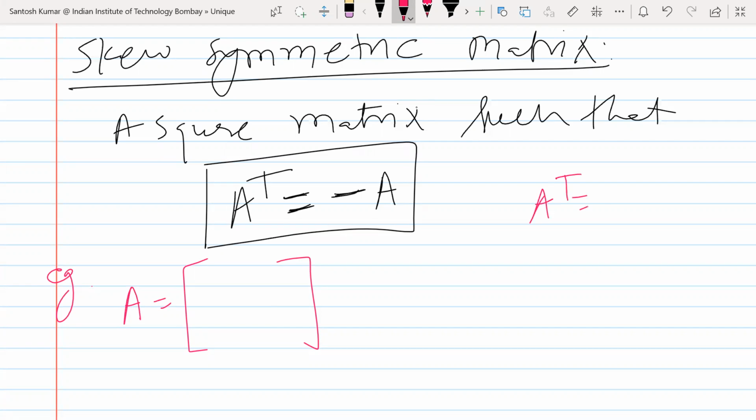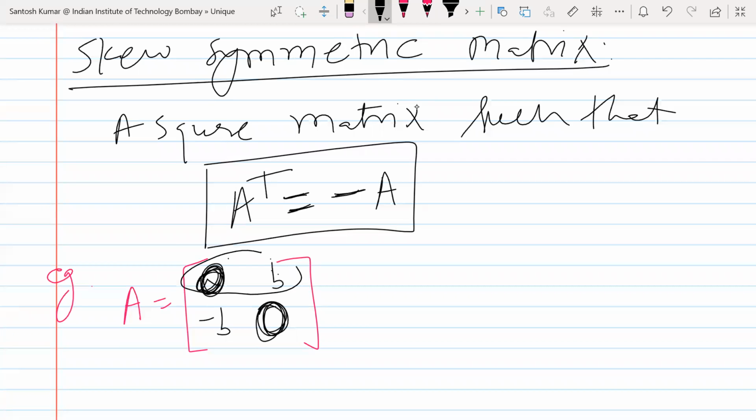देखो सिमेट्रिक में क्या करते थे, A ट्रांसपोज A था, तो हम ध्यान रखते थे कि रो कॉलम इंटरचेंज करने पे सेम आंसर आना चाहिए, तो फर्स्ट रो और फर्स्ट कॉलम को हमें सेम रखना था। अब यहाँ पे एक्चुअली नेगेटिव आना चाहिए। सो मान लो यहाँ पे तुम अगर ए बी रख रहे हो, तो फर्स्ट कॉलम उसका ठीक नेगेटिव होना चाहिए। तो ए का नेगेटिव ए ही आएगा। ऐसा कब हो सकता है? जब जीरो होगा। डायगोनल को हमेशा जीरो होना पड़ेगा, क्योंकि कोई नंबर जो खुद का नेगेटिव है वो सिर्फ जीरो ही है।